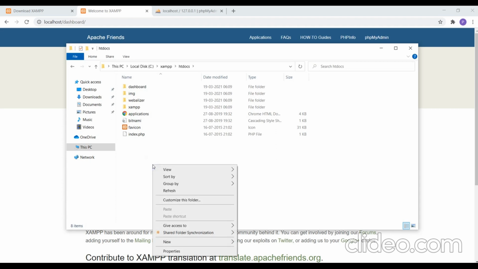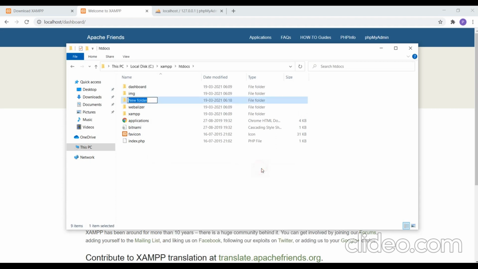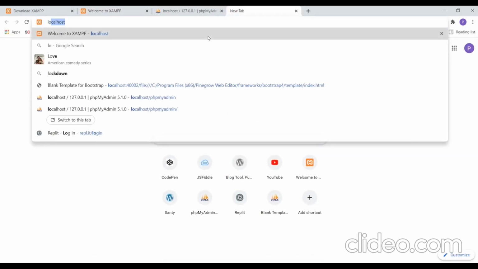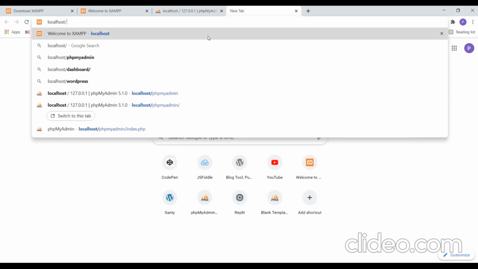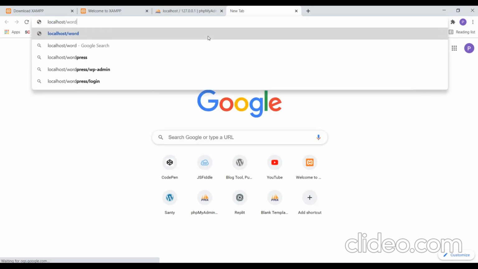So I'll create a folder and call it WordPress train. Then I'll type in localhost slash WordPress train.